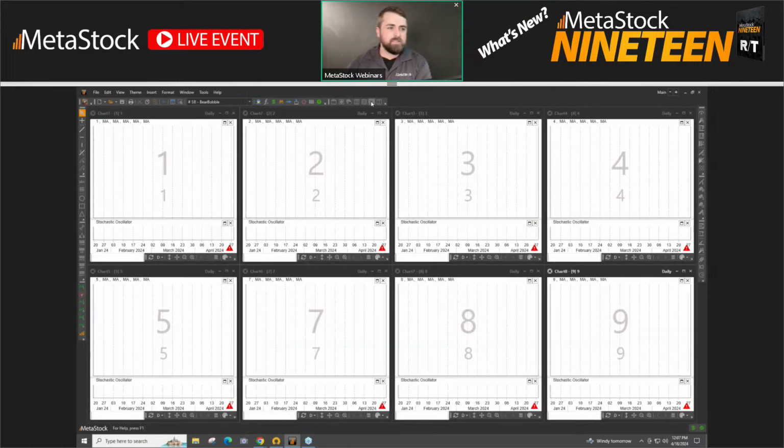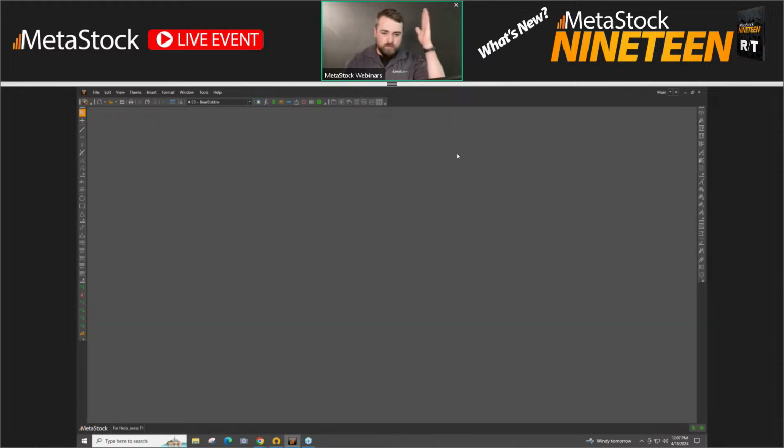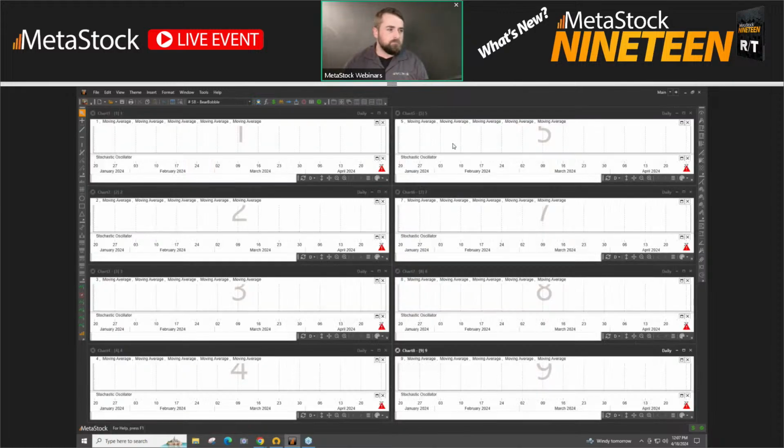And if I come into this, Tile 1 focuses on longer columns instead of longer rows. And as you can see, it lays out my charts 1, 2, 3, 4. I forgot to type in 6, but then we have 5, 7, 8, 9 down here. There's also another option for tiling them to focus on the rows instead of columns. So this way you can see it lays them out 1, 2, 3, 4, 5, 6, 7, 8, 9.